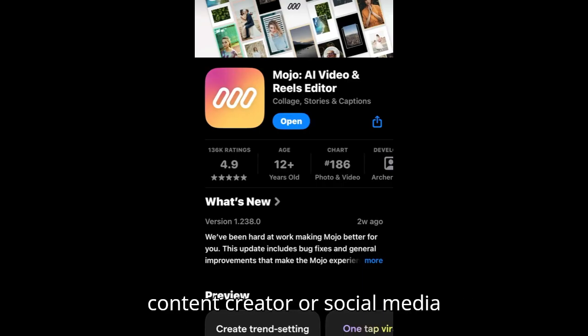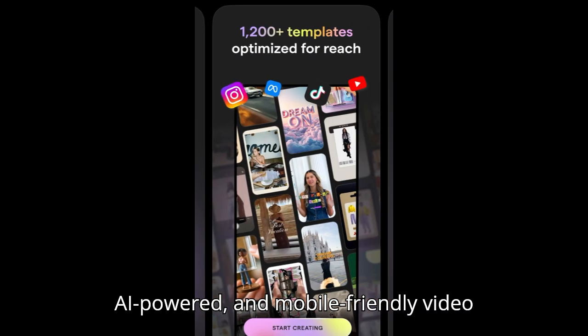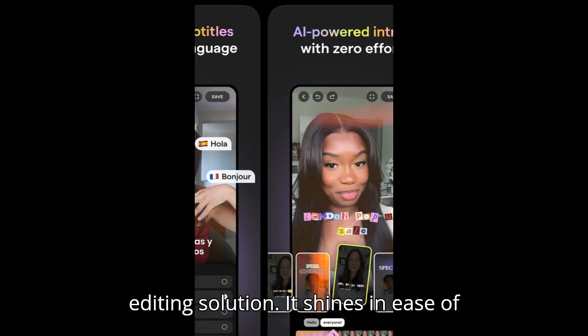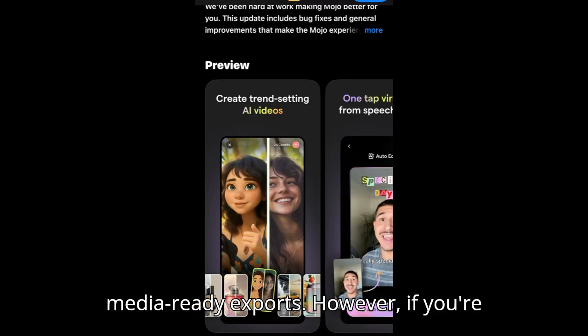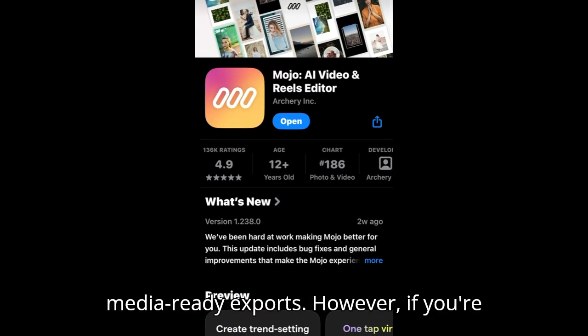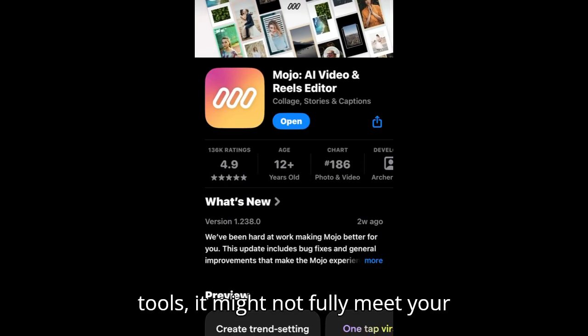In summary, the Mojo app may be worth using if you're a content creator or social media enthusiast looking for a fast, AI-powered, and mobile-friendly video editing solution. It shines in ease of use, creative templates, and social media-ready exports. However, if you're not ready to subscribe to premium features or only need basic editing tools, it might not fully